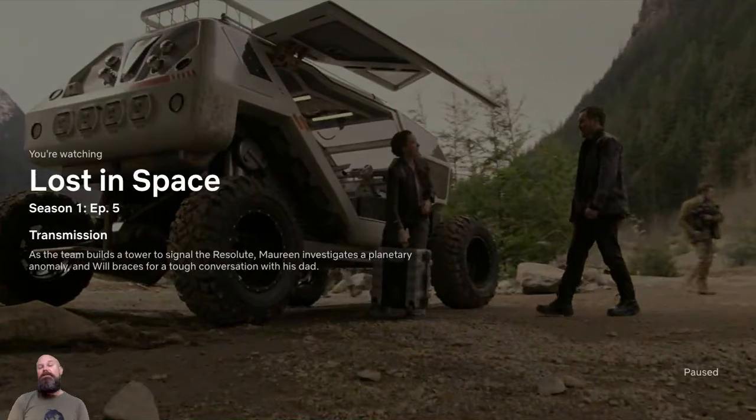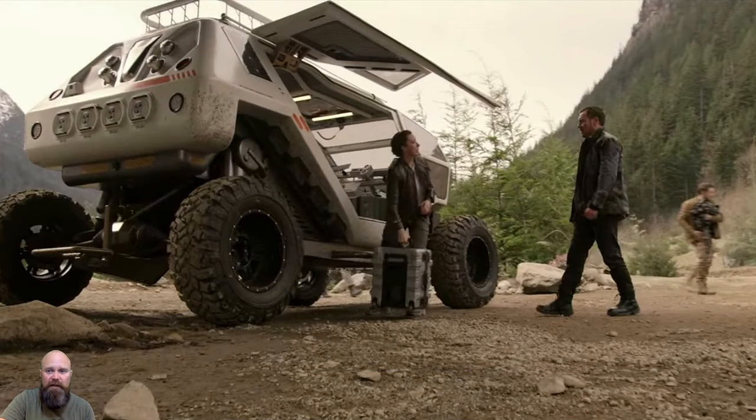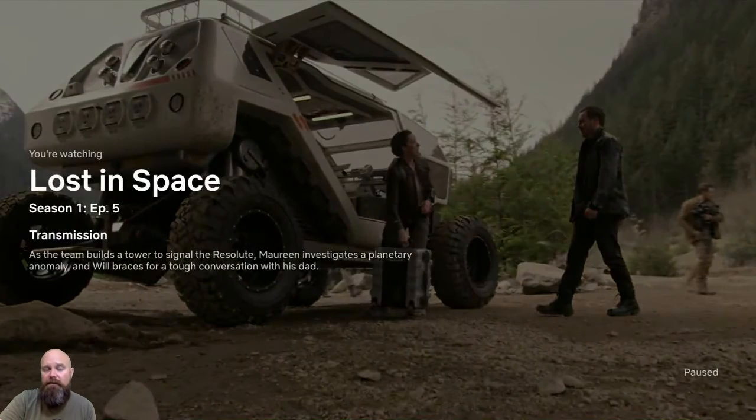So this way, instead of you just playing it and narrating it, what I would do is every time the screen changes, you're going to pause it and take a screenshot, okay? And you're going to do that because you're going to take those and put them in the grid. So I'm going to let it play, and I'm going to start with this one, all right? So I'm going to do a screenshot, and maybe you can see the little crosshairs on mine. So I'm going to take a picture of this, and this is a full shot of the